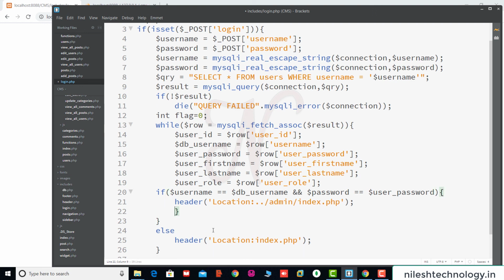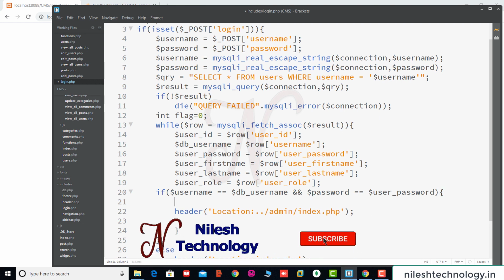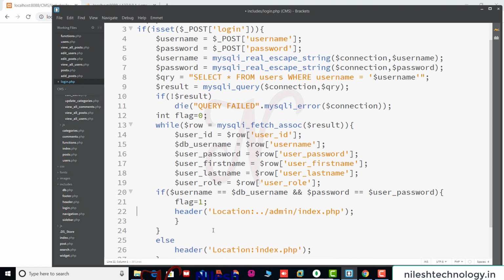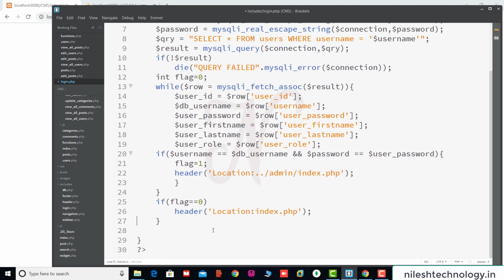Okay, so if you are in the if section, then here we set the flag equal to 1 and you redirect to this index.php file. Okay, but if this is an invalid user, then check here, if flag is equal to 0, then you call this index.php file. Okay, now save these changes.